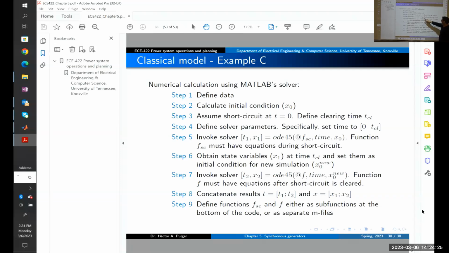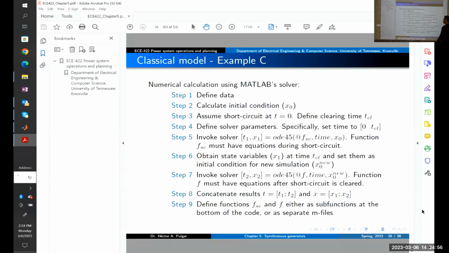And we need to define the equations during the short circuit. What are going to be the equations? For the angle, it's going to be the same. Omega multiplied by omega minus 1. For the speed, the derivative of the speed in time is going to be what? The electrical power is 0. What is the accelerating power? PM. PM divided by 2H. That is the derivative of the speed